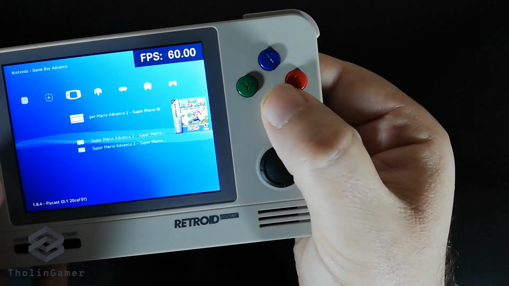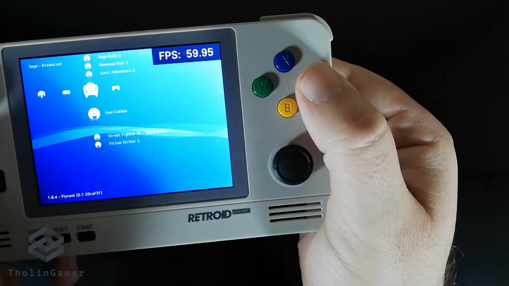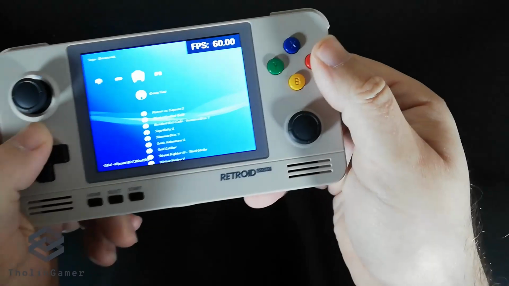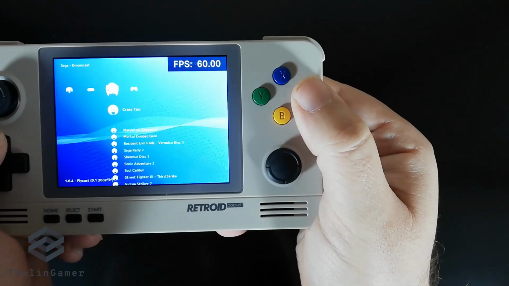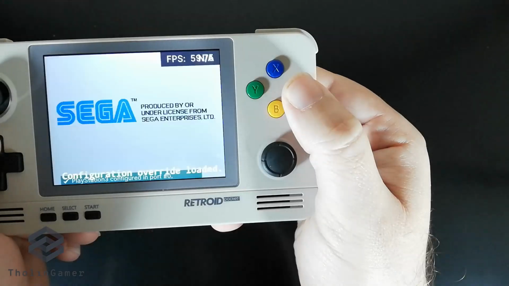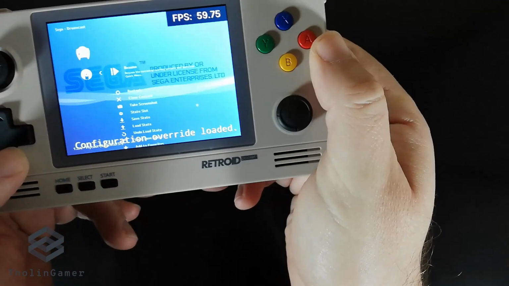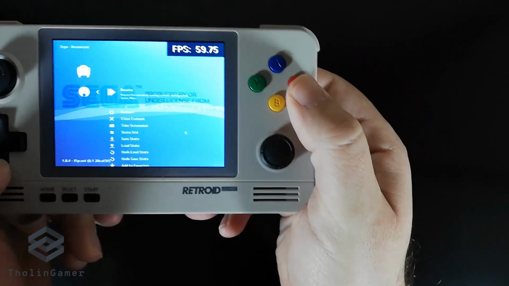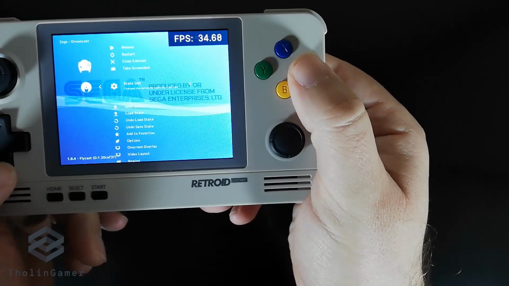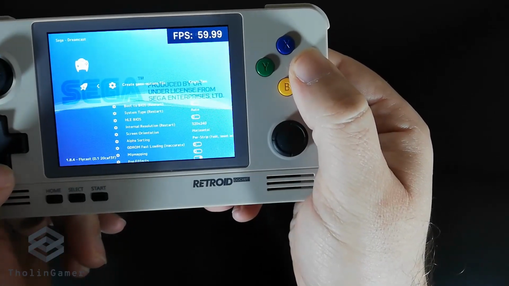There are a couple of settings that we need to set for every Dreamcast game, so go ahead, select one of the games that you want. Let's start with the first one, which is Crazy Taxi, and then we will pause the game and go to the settings. So let's select run and then press your combination of buttons to pause the game. I have another video on how to set your own hotkeys, let's say, to pause the game.